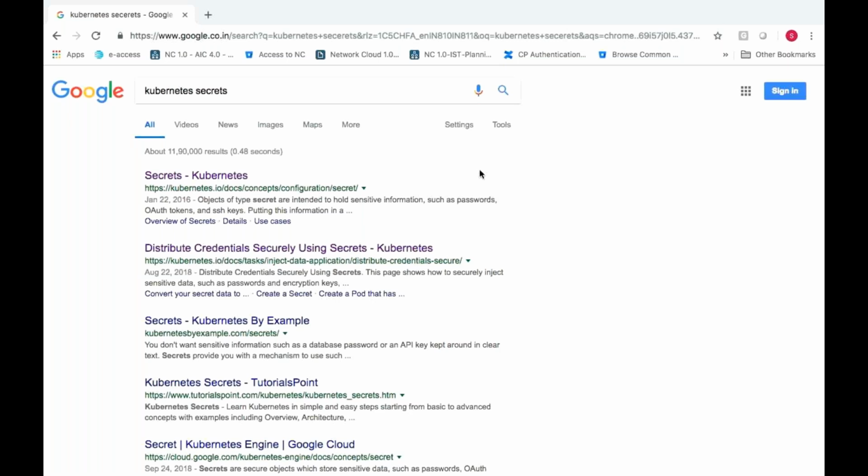As an engineer, as an administrator, what I'm trying to do with secrets is convert my sensitive data into encrypted format. Secrets is one of the objects in Kubernetes which takes the responsibility of hiding your sensitive information.